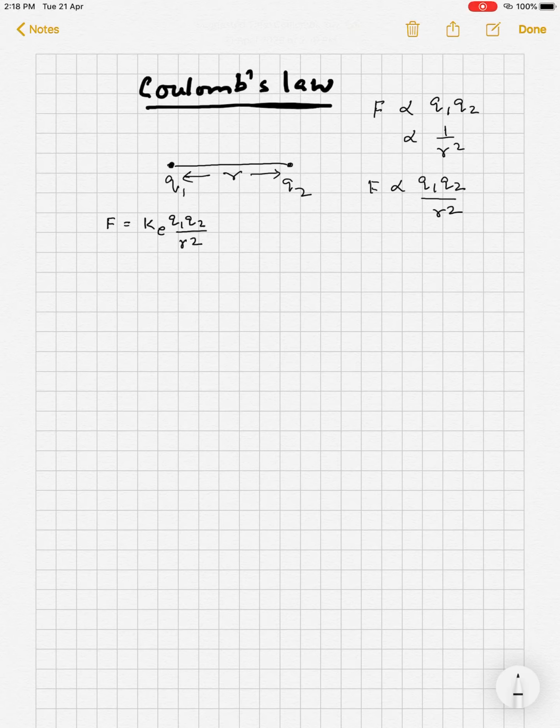So here, if both the charges are positive or both the charges are negative, they will repel each other if Q1 Q2 is greater than 0. When will the product of these two be positive? When both are positive or both are negative. So the product will be positive, so the charges will repel each other. Repulsion between the charges.